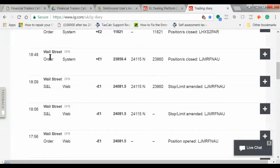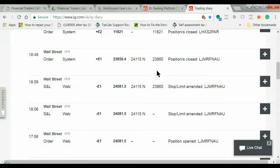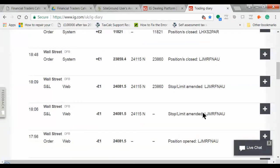The system was automated so that I could close it at that limit order, 23,860, and I'll show you how that looks on the profit and loss account shortly. All right, so that was another opportunity to sell that. Now going back to the other trade,